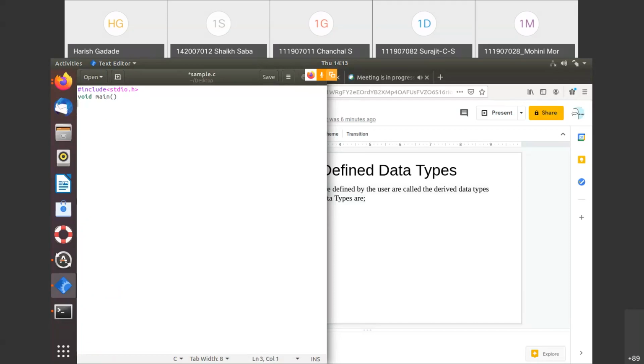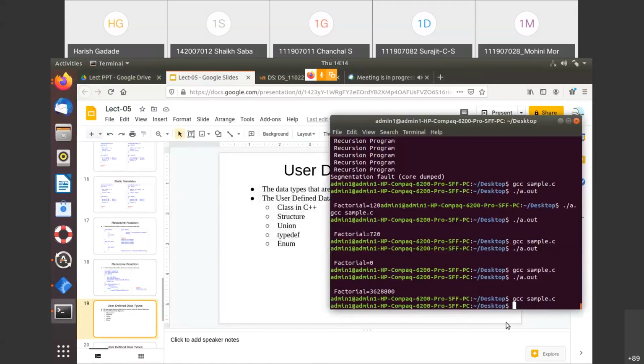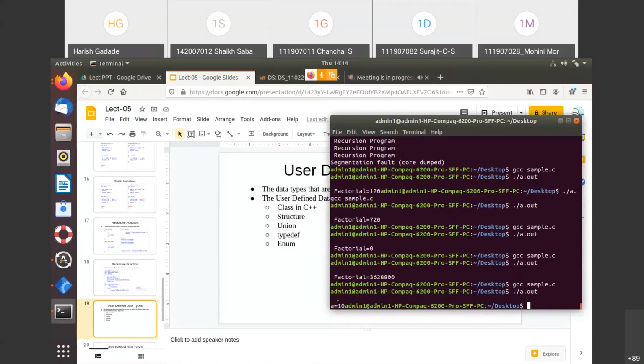See, we know the basic data types, like int a, right? And if I assign something to this, a equals 10, and print it with %d, and I run this, you can see that the value of a is 10.